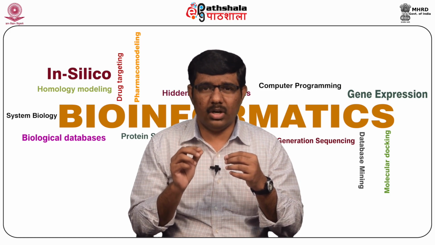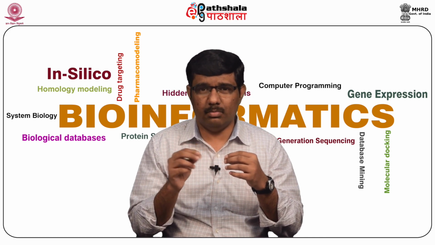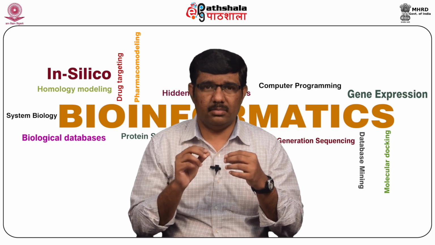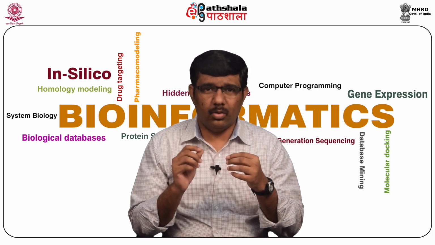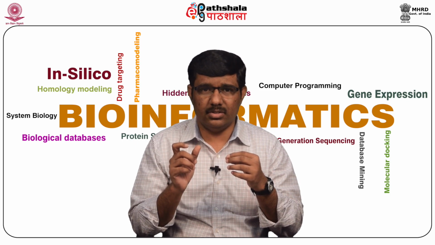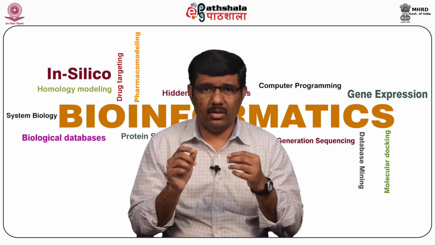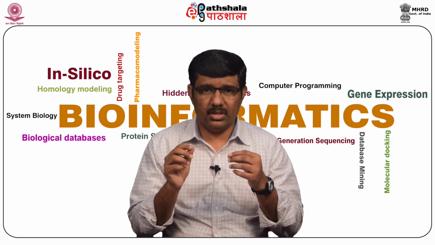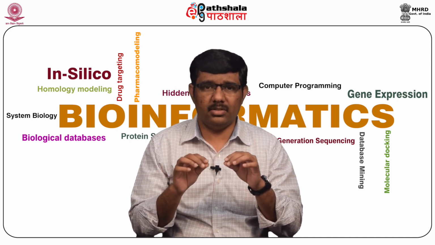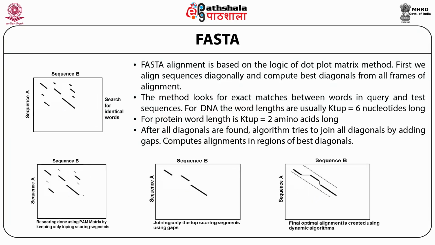BLAST, the basic local alignment search tool, is an improved version of FASTA, which improves in speed, is easy to use, and uses very good statistical rigor in analysis. The basic idea is that a good alignment contains subsequences of absolute identity, that means short lengths of exact matches. First it will identify very short exact matches, then the best short hits from the first step are extended to longer regions of similarity. Finally you find the best hits, which are further optimized by scoring. So let's describe one of the heuristic methods, FASTA.